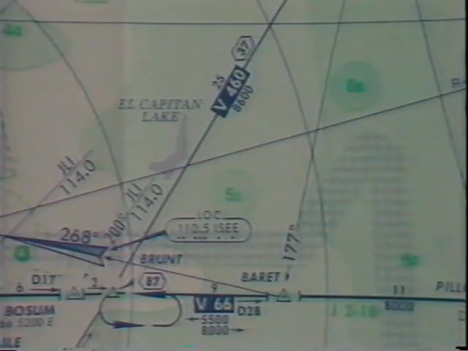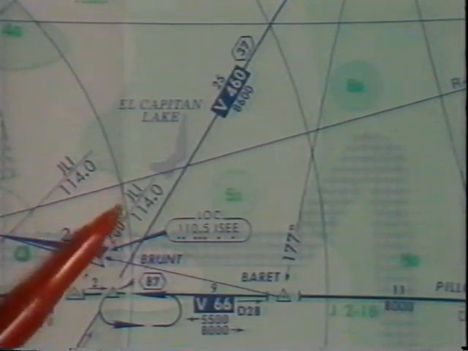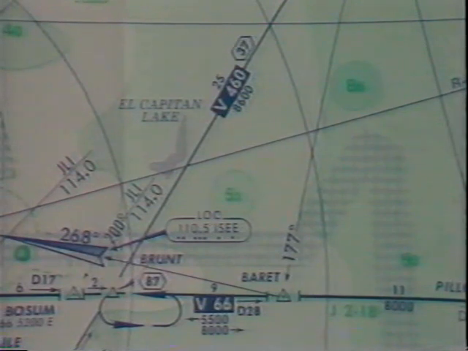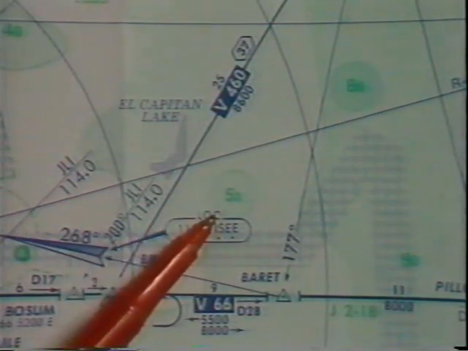So the next thing then, number 3, would be the route segment itself. When you're on a route segment, then you can follow that all the way to the ground. Notice that we have shaded areas on the area chart. And inside of those shaded areas are altitudes. If the figure inside the shaded area is less than